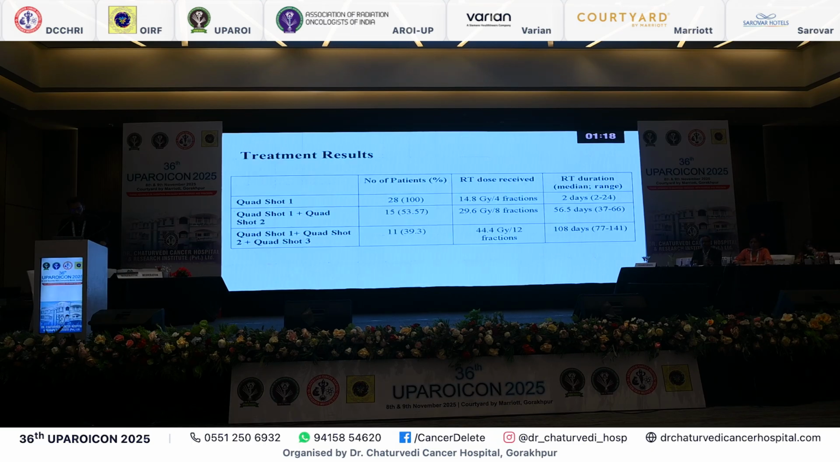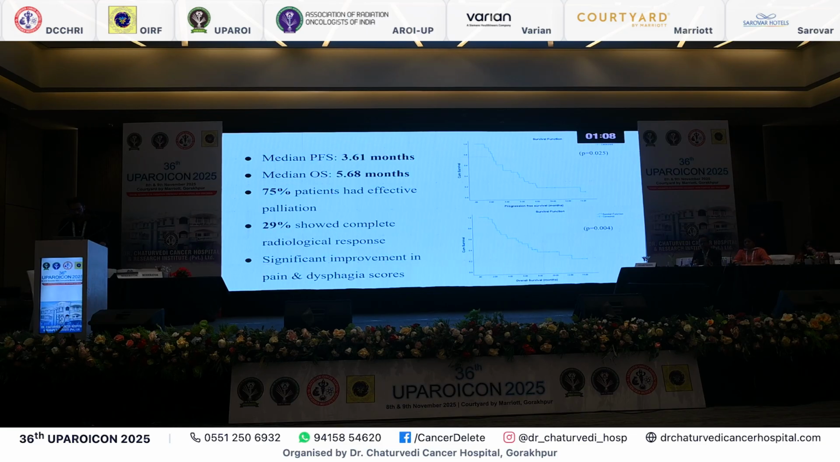The treatment result was that all the patients completed quad shot 1. Quad shot 2 was received by 53% of the patients, and quad shot 3 was received by 39% of the patients. And we found out that the median progression-free survival was 3.61 months, median overall survival was 5.68 months. 75% of the patients who completed all the quad shots had effective palliation, and 29% of them showed complete radiological